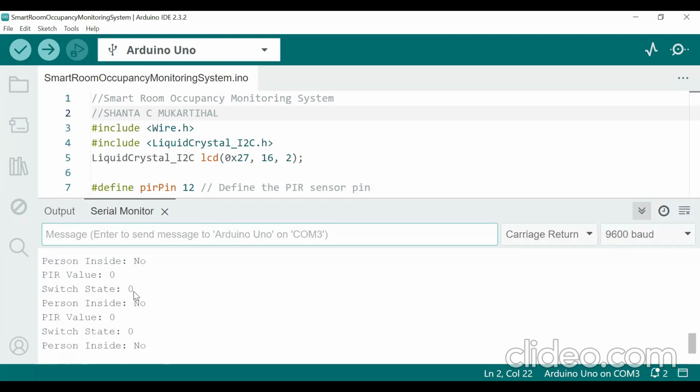Now I'll move my hand near the PIR sensor, and it will display as 1. See, it gave the value as PIR value 1 and person inside is yes. It understands the person inside is yes. So once the movement is over, PIR value becomes 0, but still the person inside is showing as yes because